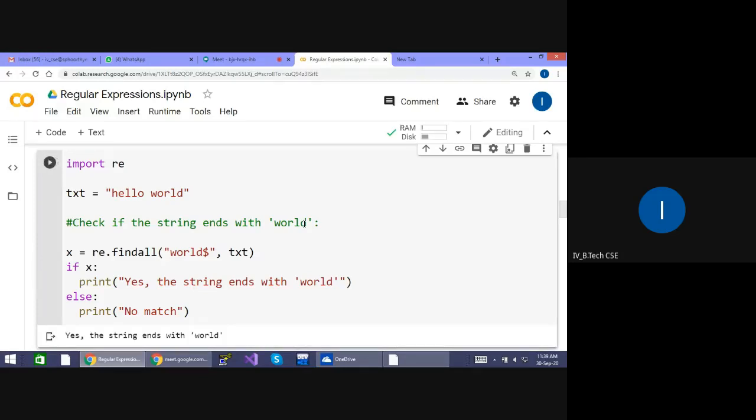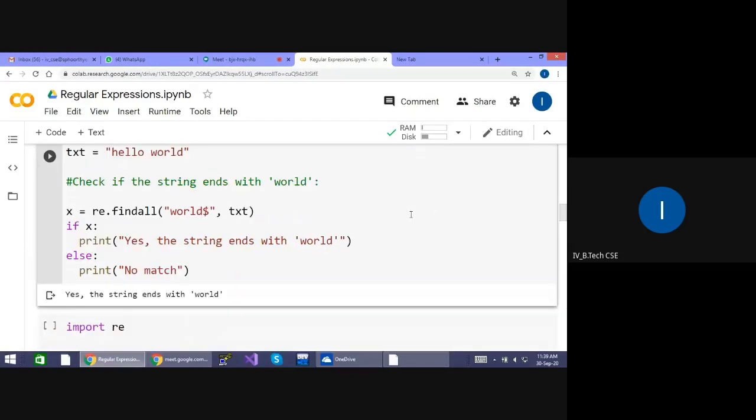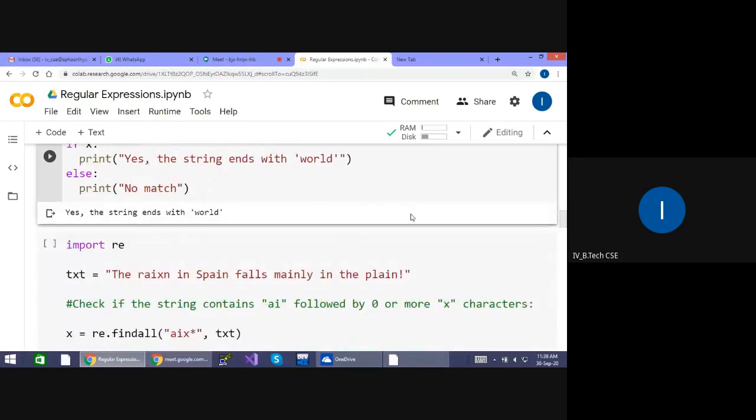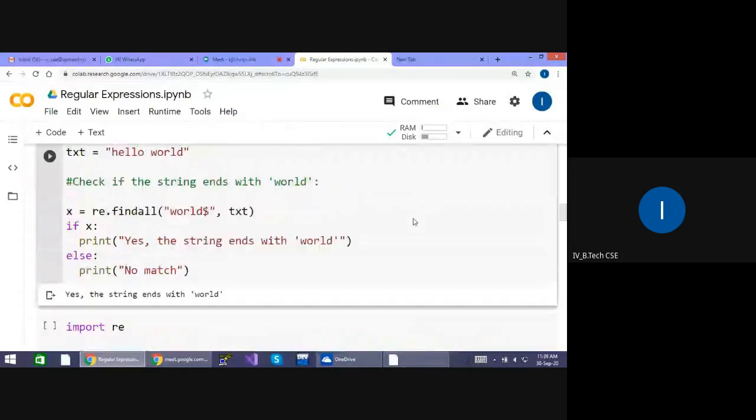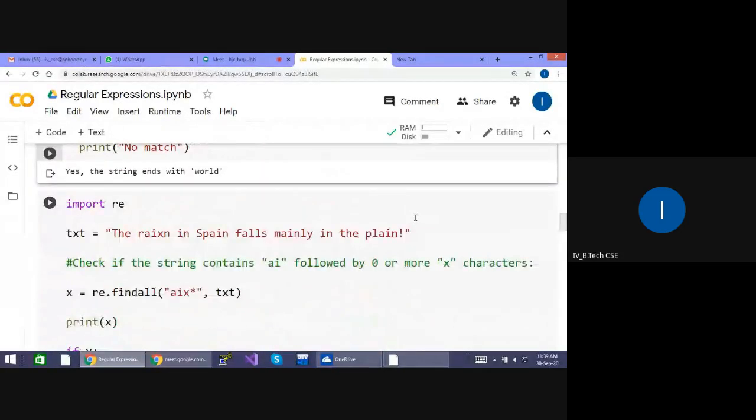So we can do it like that. Like that it is. So next,